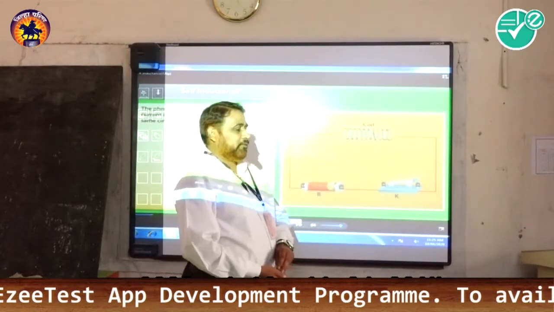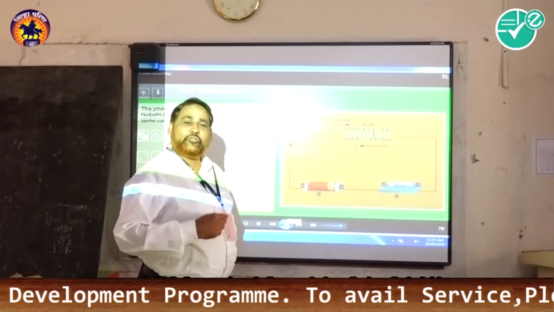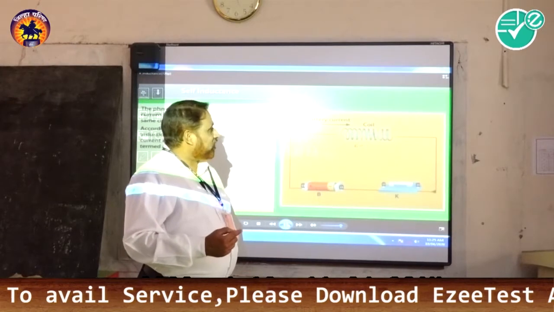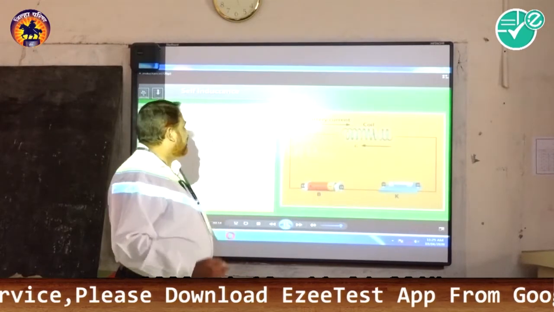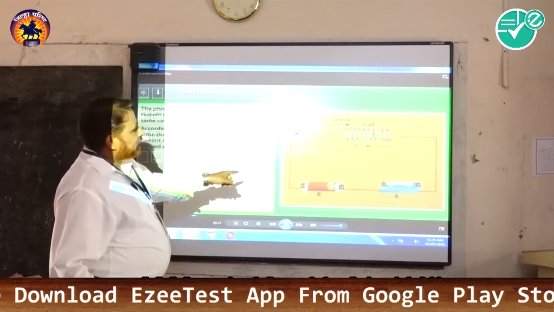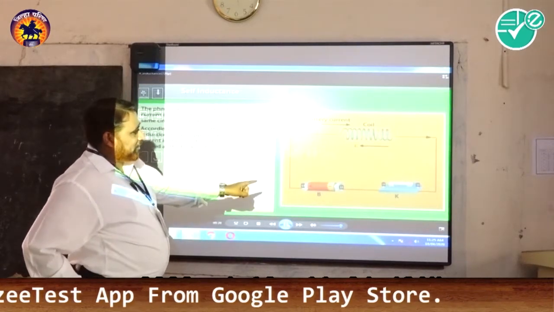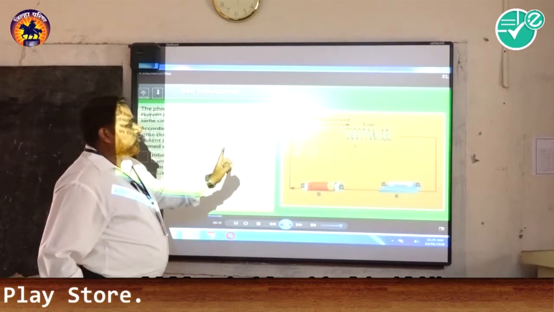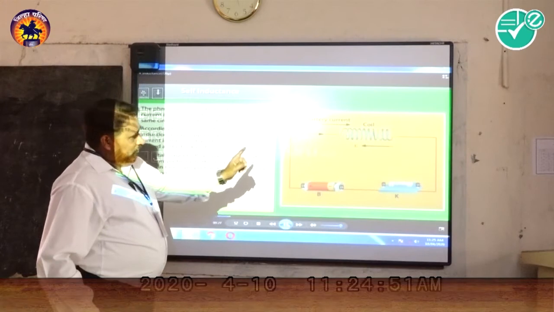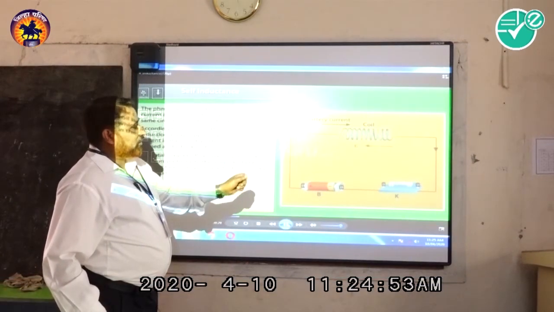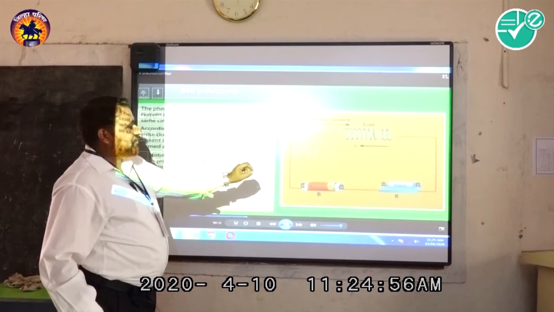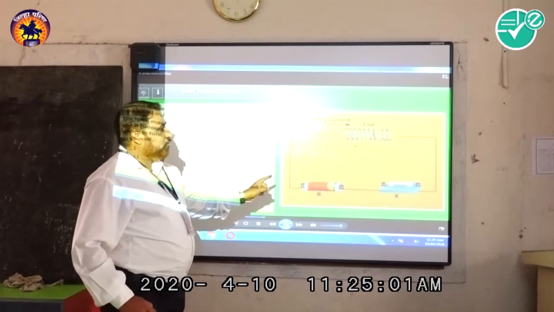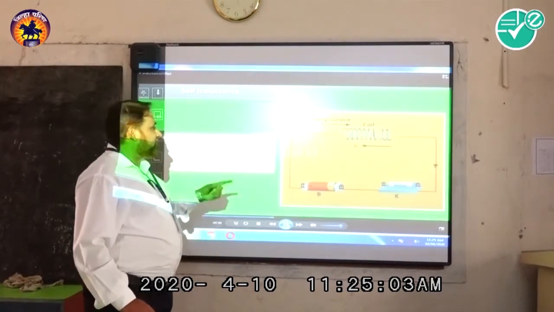What is self induction? The phenomenon of production of induced EMF in the coil due to the change in flux in the same coil is called self-induction. See here, a coil is connected along with a battery in series, and if you switch on that battery, current flows through the circuit. Due to the change in current, if you increase the current, the flux also increases. If you decrease the current, the flux also decreases. In this way, change in flux produces an EMF in the coil in the same circuit.